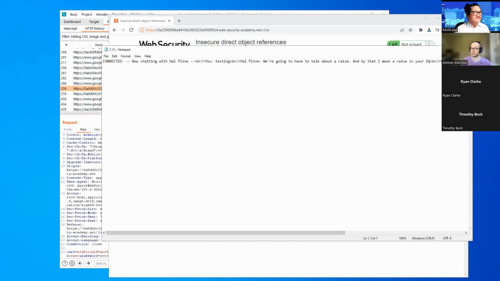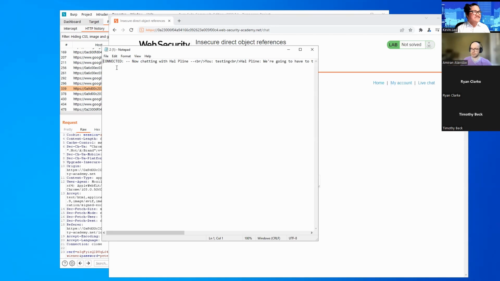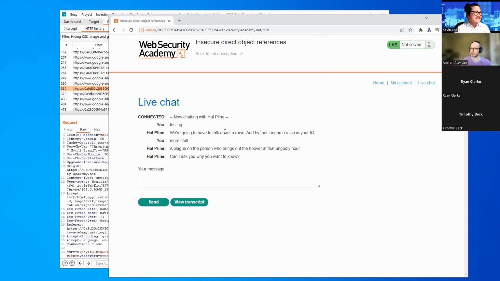I'm using Windows, so it's going to open up a Notepad, and we see that there is a chat log over here, and that looks kind of interesting. One thing that we can note is that the file name for this chat log was titled 2.txt.